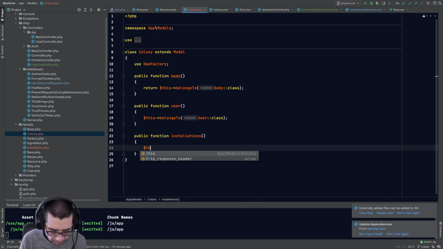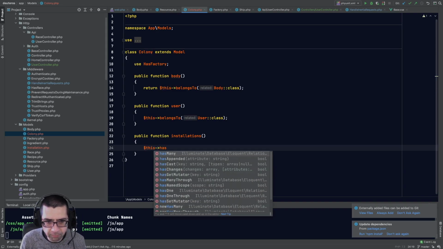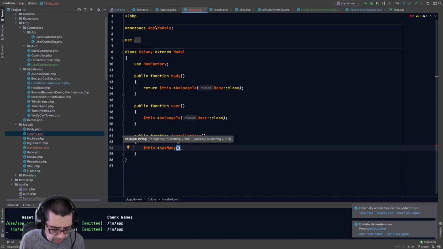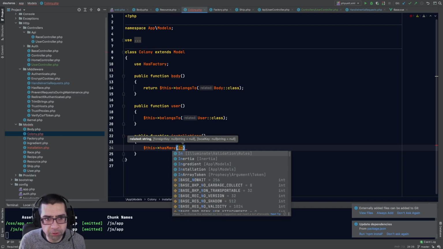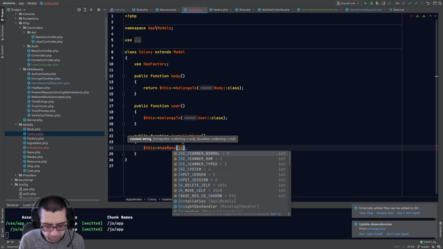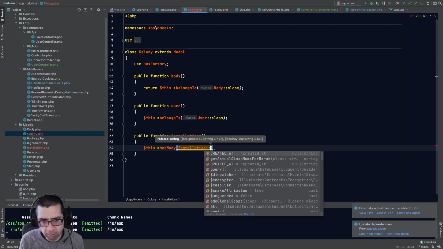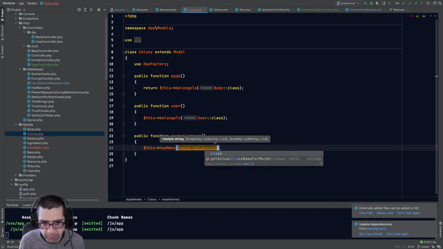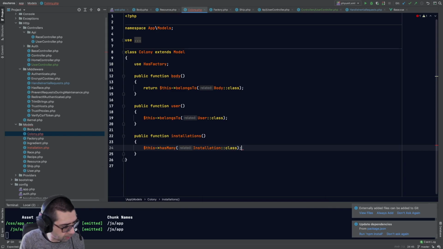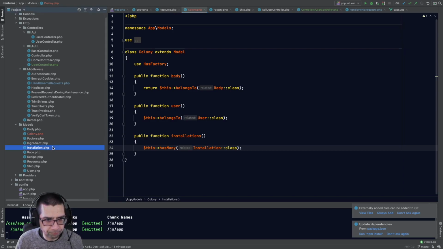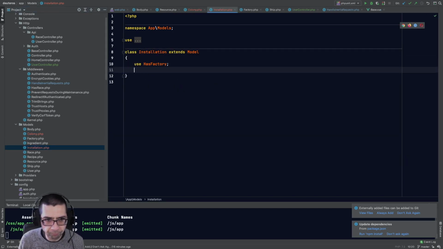Okay, so this is going to be a has many. I'm not sure if you can, as part of the has many setup, whether you can actually specify that it's two, or whether we just go with has many and we do that in other parts of the code. But we'll leave it as it is for now. That'll be fine. So that's the colony setup. So the installation,